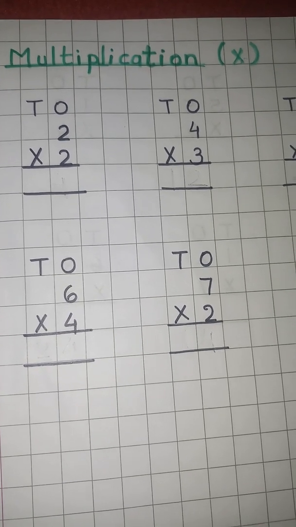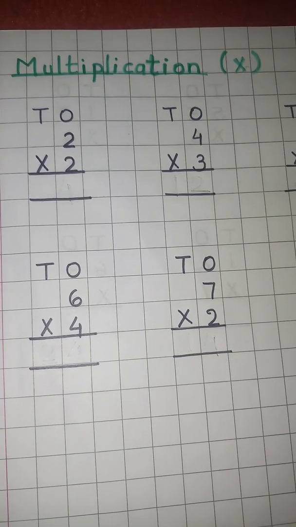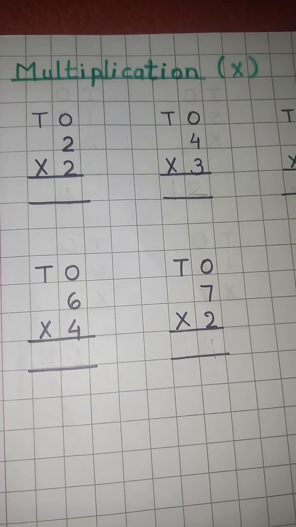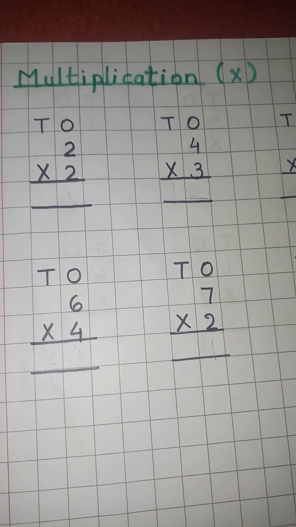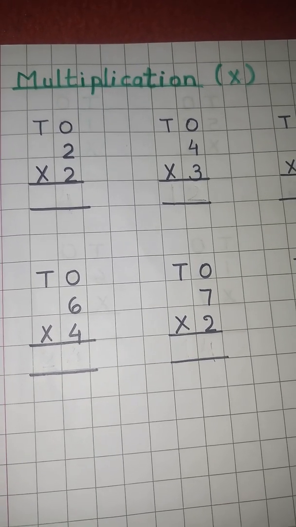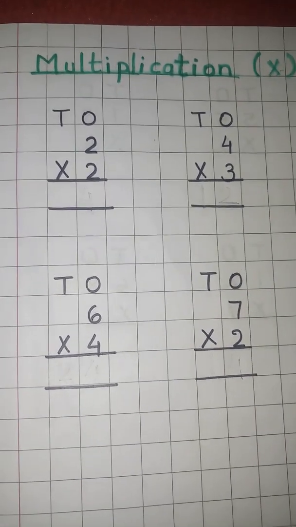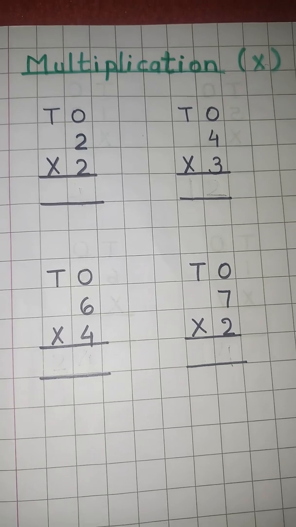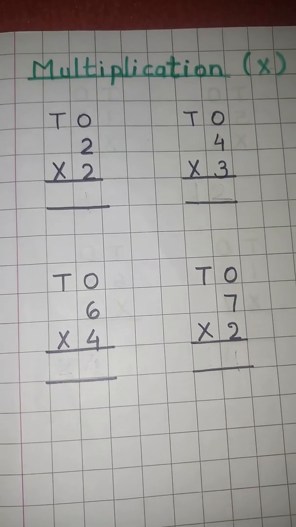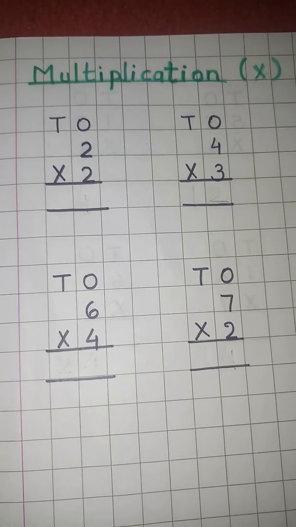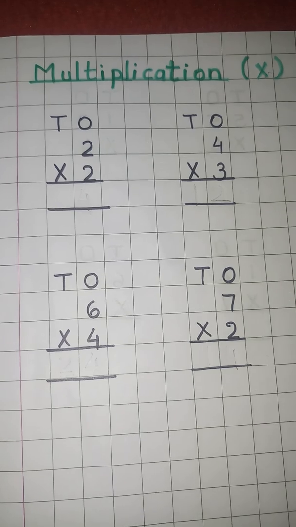Multiplication is when you take one number and add it together a number of times. The sign we use to indicate multiplication is the cross sign. So let's start multiplication. Multiplication is nothing but repeated addition. We will learn multiplication by tables. You must remember the multiplication table to multiply.